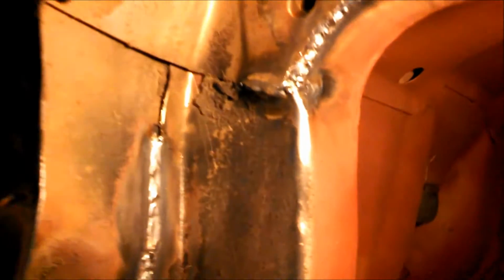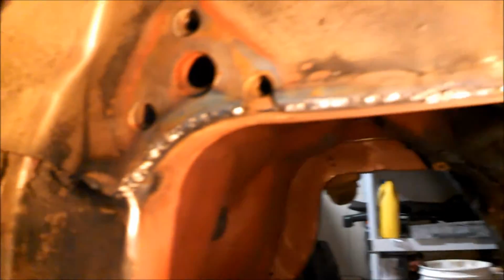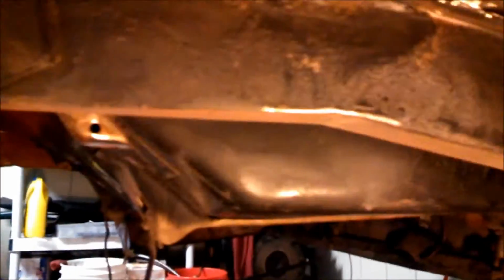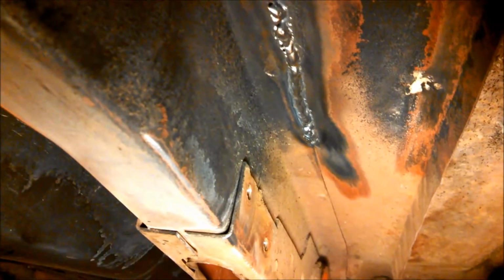Alright, here's after fixing the little spot on the frame, and I tried to MIG weld some of the seams. I'm not the best welder, but you can see where I've gone along here. I had a good run right there. Got a little choppy here, but I've gone and